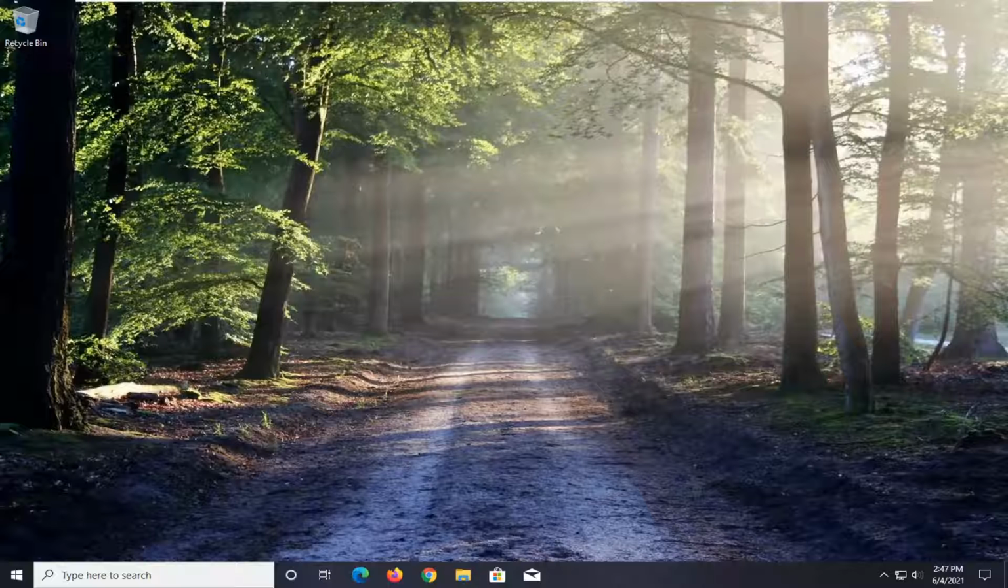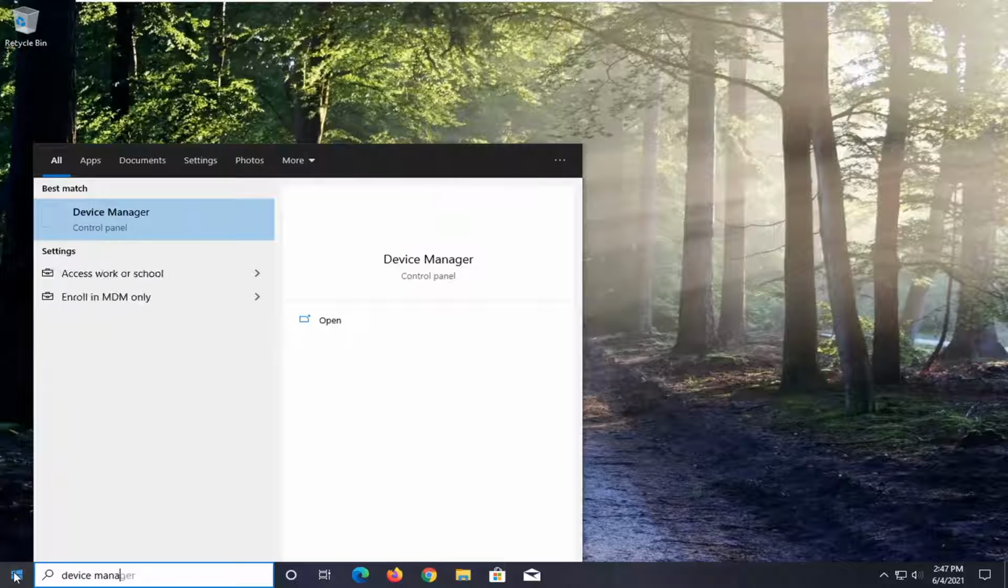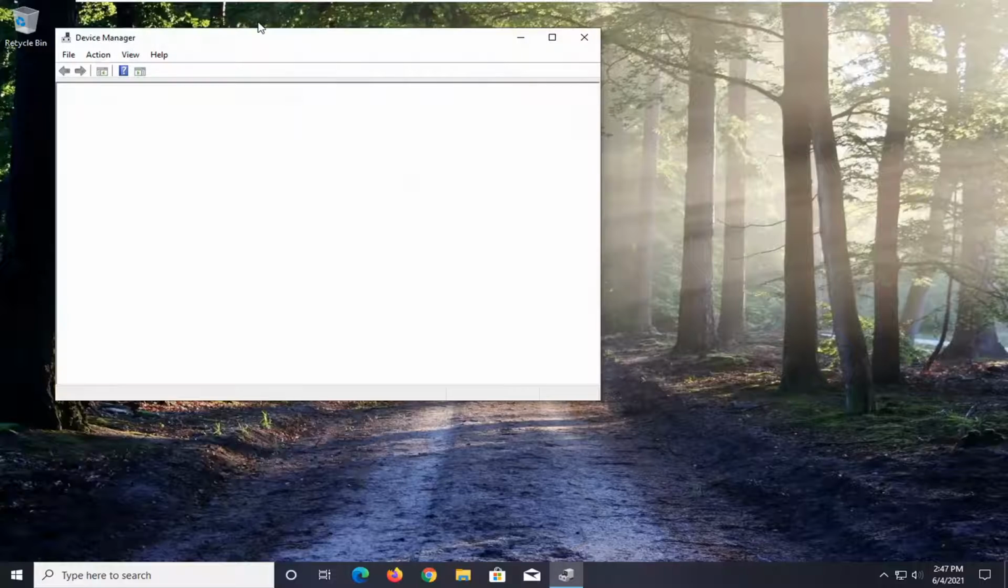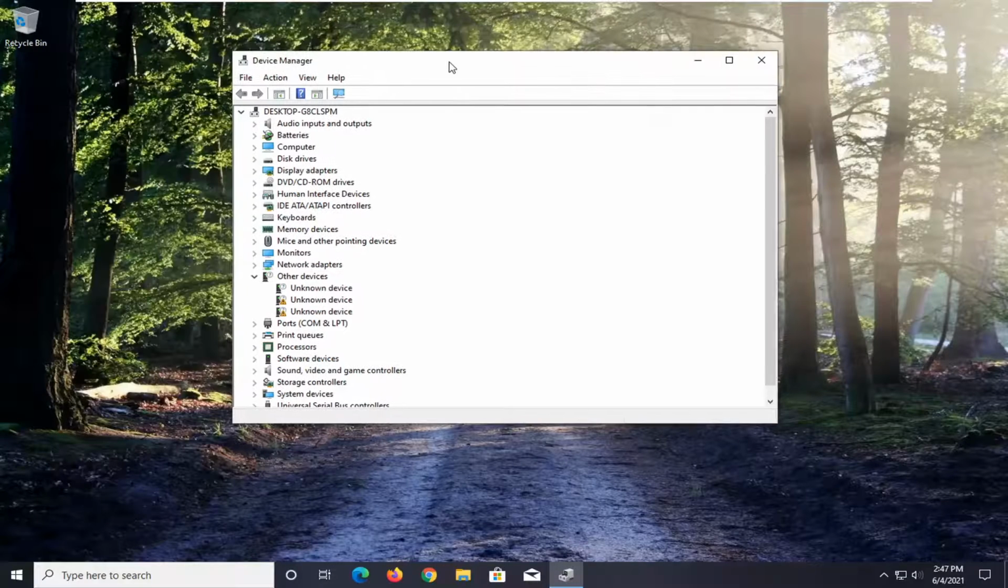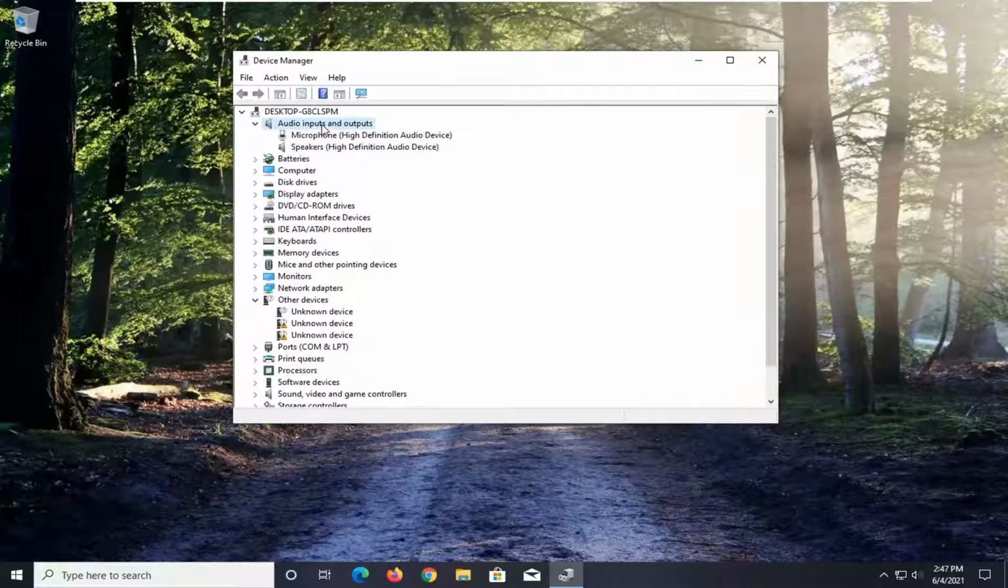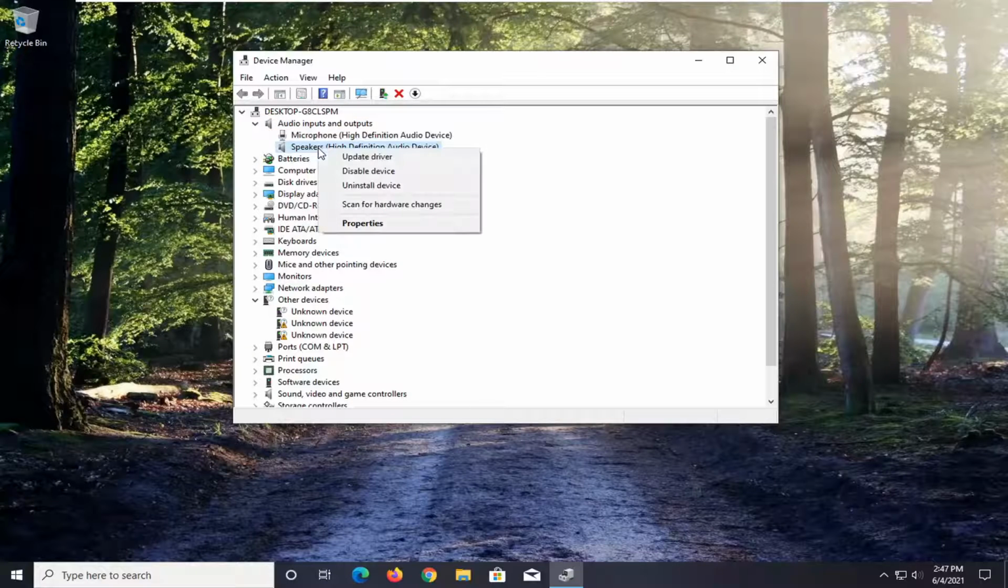A further step we could take would be to open up the start menu and type in device manager. Best result should come back with device manager listed right above control panel. Go ahead and left click on that. Double click on the audio inputs and outputs, and then for your speakers device, right click on it and select